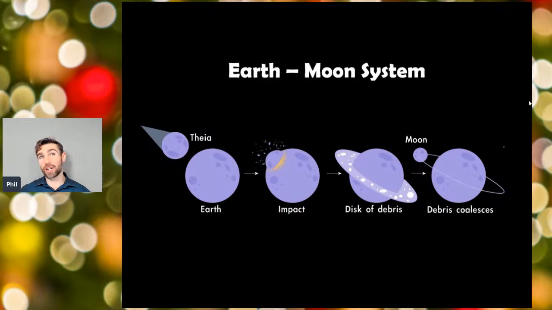So think of Saturn's rings. It would have been a little bit similar like that. But then that disk of debris quickly coalesces to form our Moon. And that's what we think might have happened to form the Earth-Moon system, that we had this giant impact from a minor or dwarf planet, or even a planet-sized object actually. And then we end up with the Earth-Moon, and there's a variety of different reasons why we believe that's the case. But the giant impact scenario is one mechanism that can put a moon in orbit